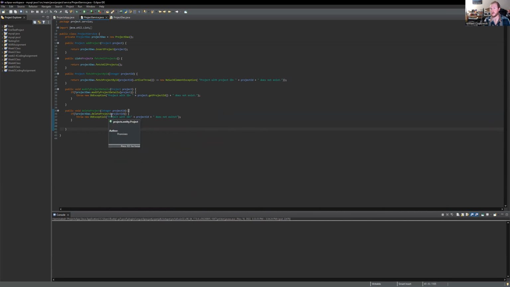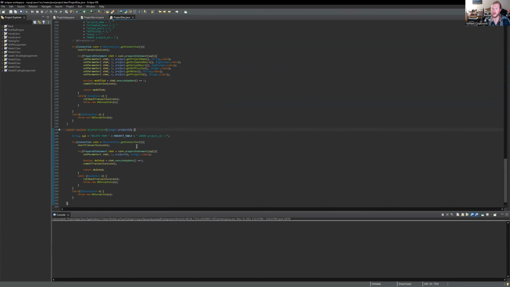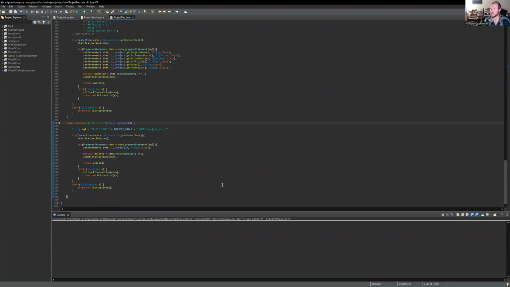It's just checking, and if not, it's going to throw a DB exception. And then in the DAO, this is where our delete project method is. We have our string statement telling us where we're going to delete, and the project ID is the variable that the user is fulfilling. Get our connection, start our transaction, our prepared statement to prevent injections,